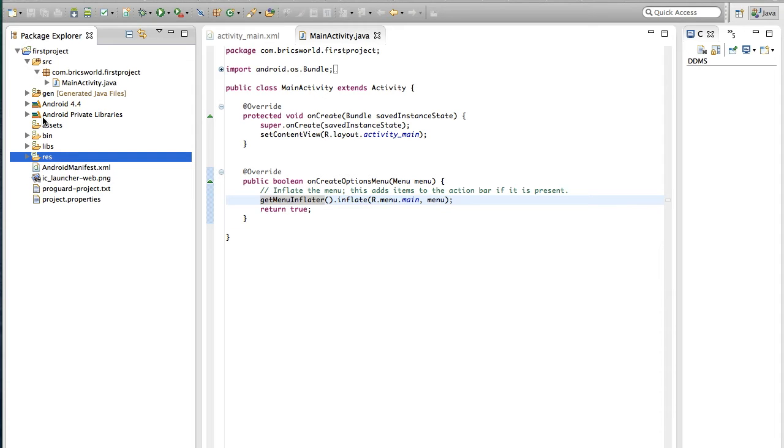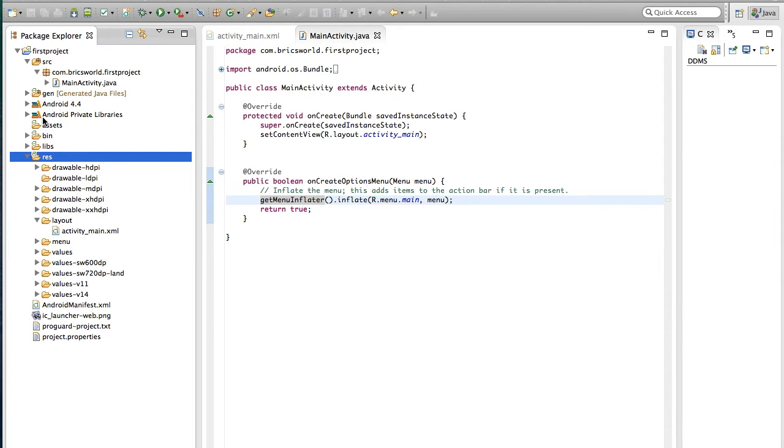This is actually a resources folder. Inside this folder you will find many folders which are highly important for you. You will keep all your extra files like XML file, audio file, video file, image file, and all different types of files inside these folders. So the first folder is this